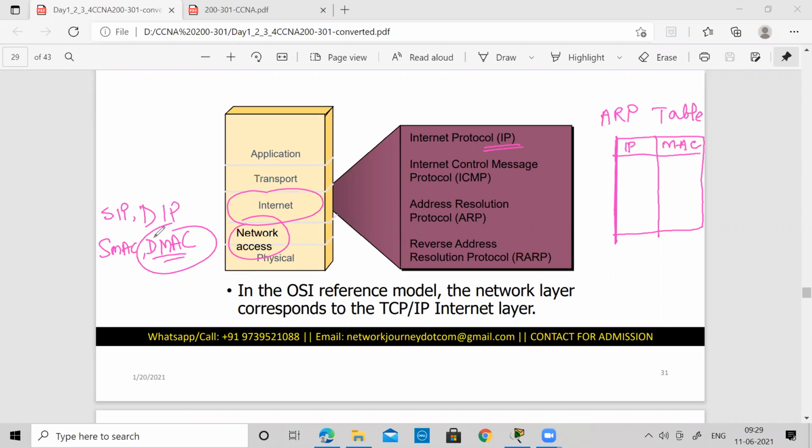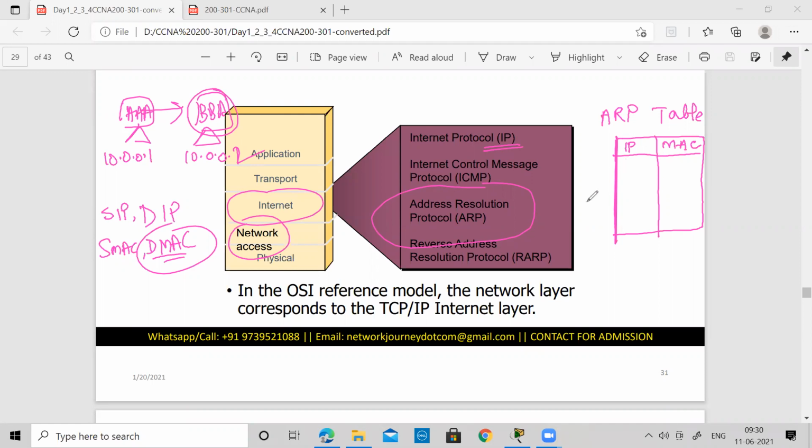The answer is yes. The ARP process is initiated by itself by all the devices when they don't know the corresponding MAC address for a given IP. So if, let's say, these are two PCs, they have their IP configured. This one knows its own MAC, but doesn't know the MAC of this computer, which is 10.0.0.2. So the ARP process will be initiated to learn the MAC address of the other PC or other system with whom you want to communicate.